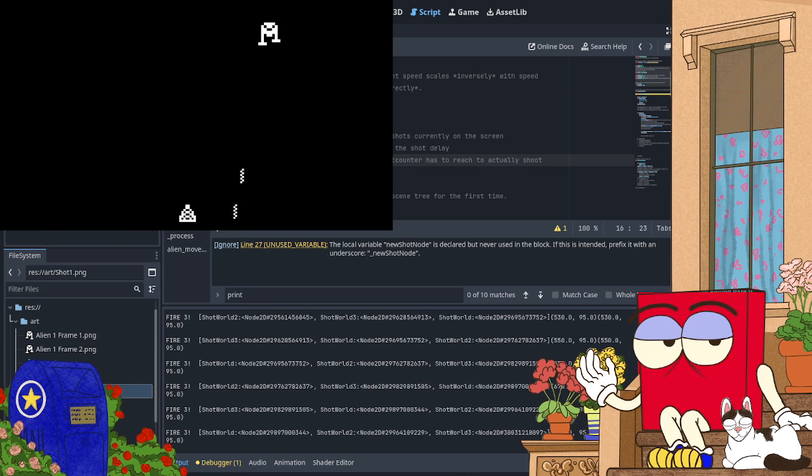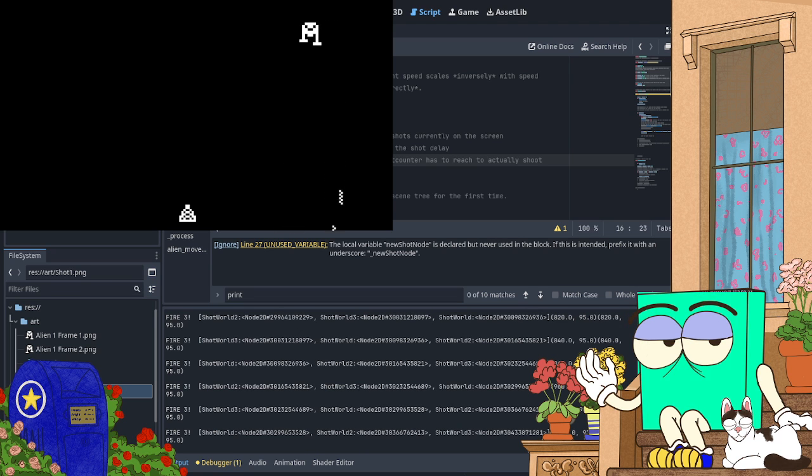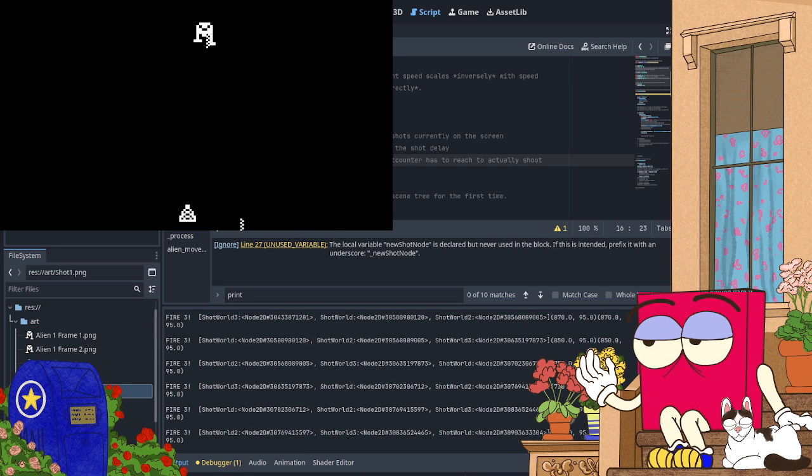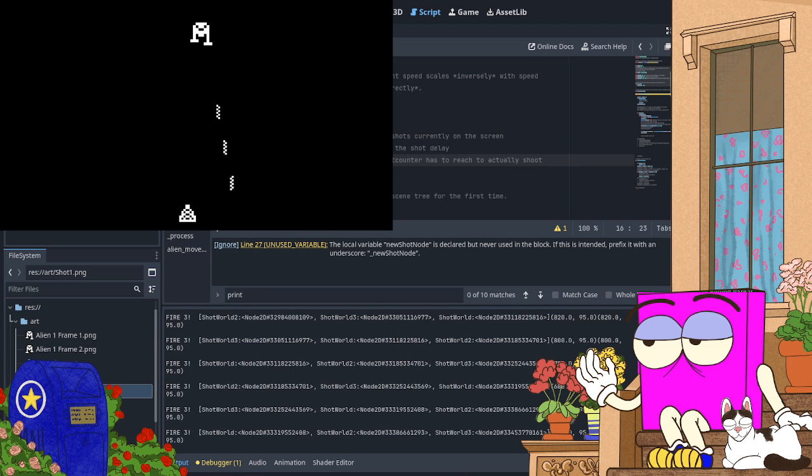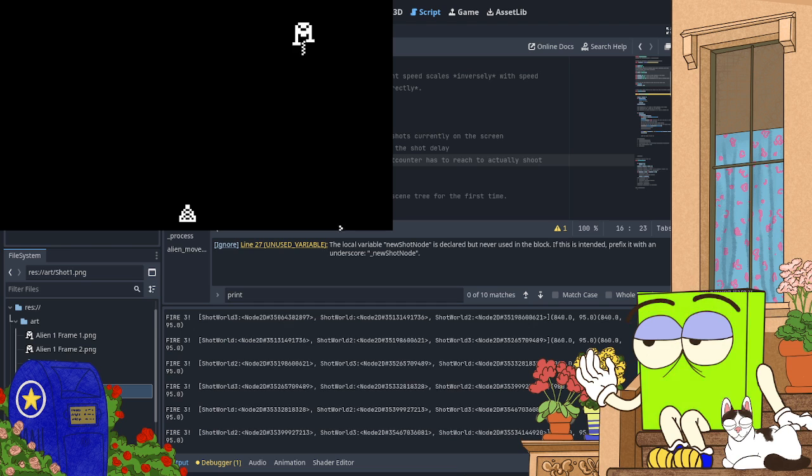There we go. No sound effects, obviously. So I'm making sound effects. Do do do do do do do do do. It actually probably won't have sound effects. Not for the alien shots. There'll be a sound effect for your shot. There'll be a sound effect when you get blown up by the alien shots. Oh, I have to make an explosion animation. And I have to do it without any of my usual art tools.